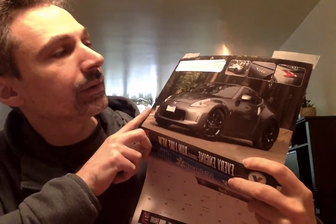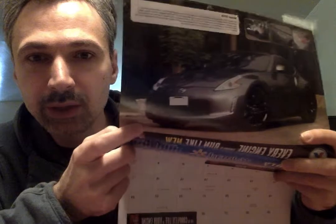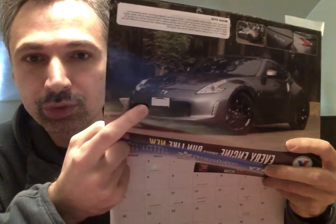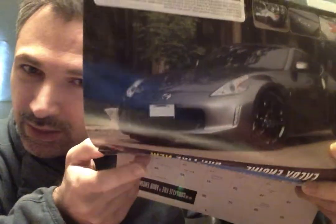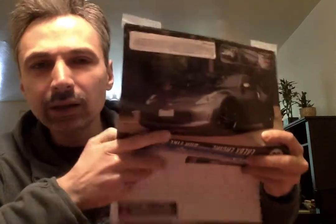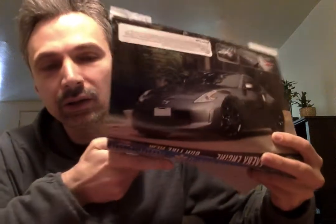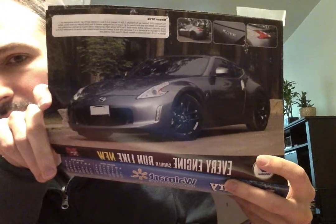Now, you can clearly see this is a 370Z right here, just by the lines, and also it's got the trademark sort of invisible license plate. This actually only shows during certain angles. If you see here in the picture, you can't even really tell that there's a number on there, but depending on how you look at it, you can sort of see it. Honestly, no matter what angle you look at it, it almost looks invisible, but that's sort of a trademark of this car. I'm not really sure if that's legal or not, but it is what it is. I'll be honest with you, out of all the cars in this calendar, this Nissan 370Z is a tiny little car. From the picture, it just looks so tiny. It looks like I could just kick it. But I don't recommend doing that,